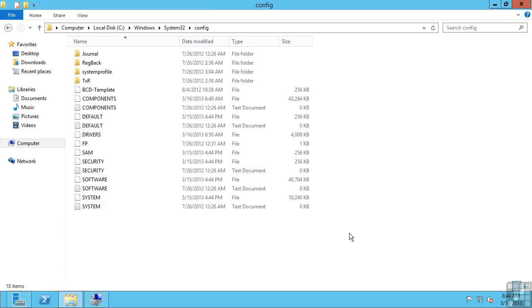A machine in a workgroup has its own Security Accounts Manager database, or SAM, and this stores information about the user accounts, passwords of those user accounts, some attributes, and group memberships. And each machine has its own SAM, and so this can get very complicated to manage if you have a lot of machines. With each machine having its own SAM file and its own passwords for accounts, it's very difficult